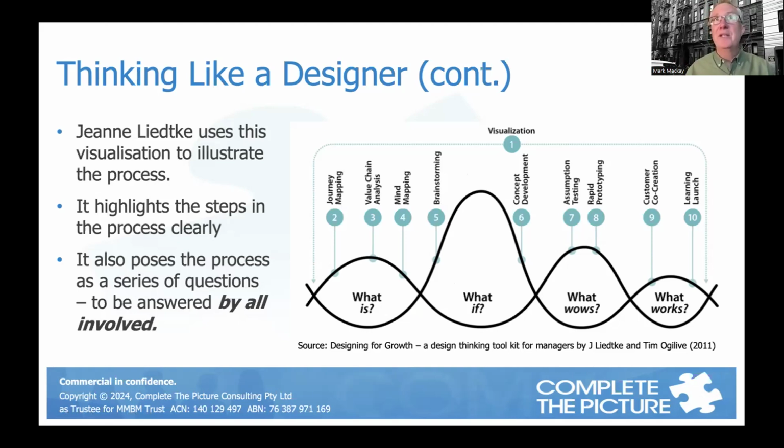Let's prototype it, see what actually does work. So we're going to have a few pilots, small scale, so low risk. Okay, we have a failure or two, maybe some successes. Those successes we then implement. So the what works we actually implement. So we've got a nice process, probably better defined than the diamond, but both engage people differently. So I present both of them. But along the way, it poses those questions. What is, what if, what wows, and what works? They're not just to be answered by the problem solver, but they're meant to be answered by all those involved.